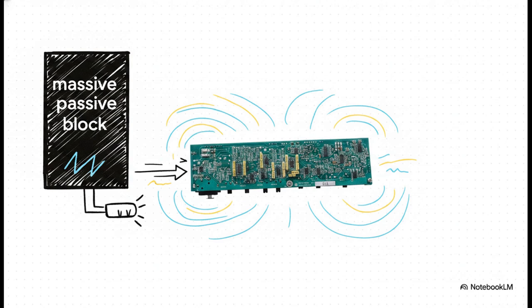super obvious. Because an active crossover gets the signal directly from the source, like your PC sound card or your preamplifier. Before any amplification even happens, the signal is weak and delicate. It doesn't need giant, power-hungry components. Instead, it uses a sleek, highly efficient circuit board that splits the frequencies with practically zero signal loss, preserving your